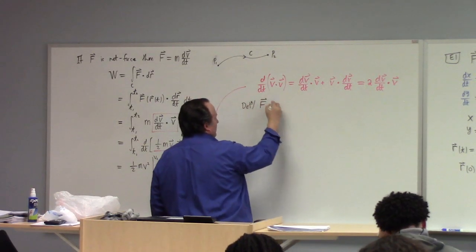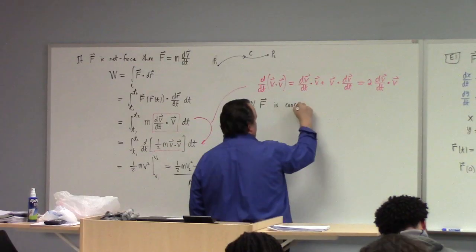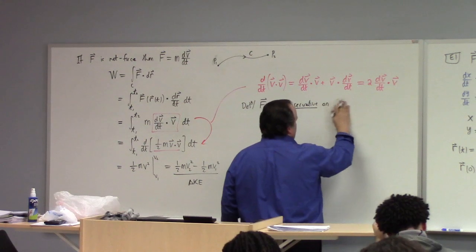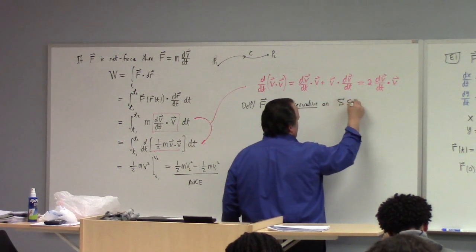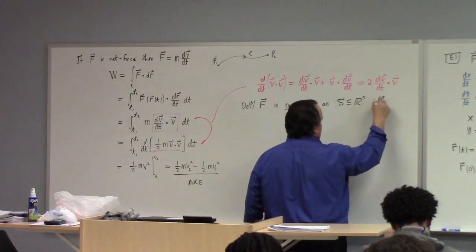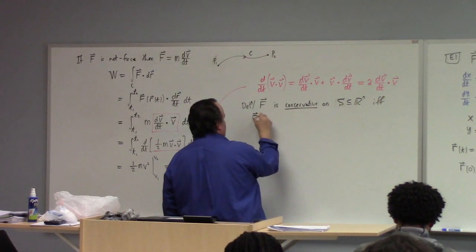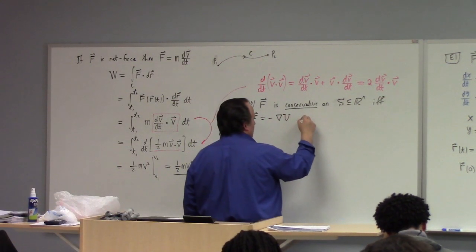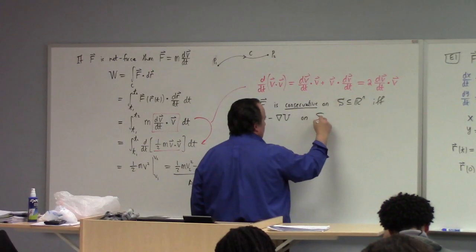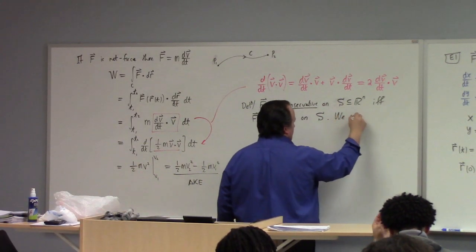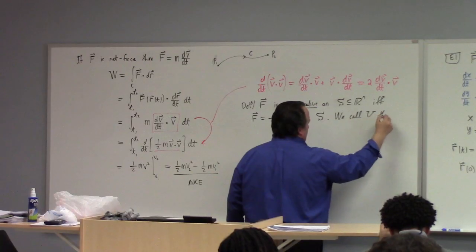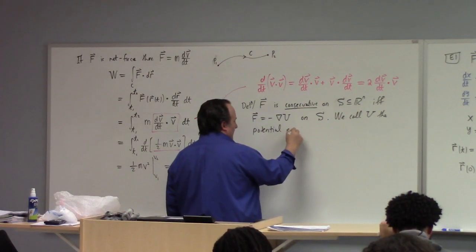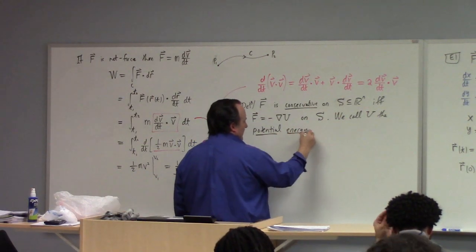F is conservative on, well, let's not say U, let's say S, a subset of Rn, if and only if F is equal to minus the gradient of U on S. We call U the potential energy function